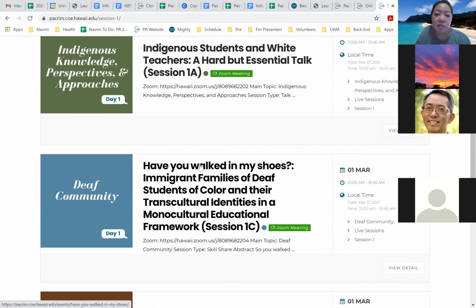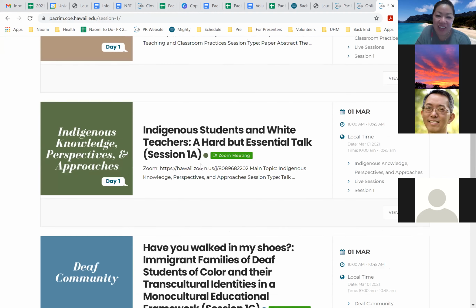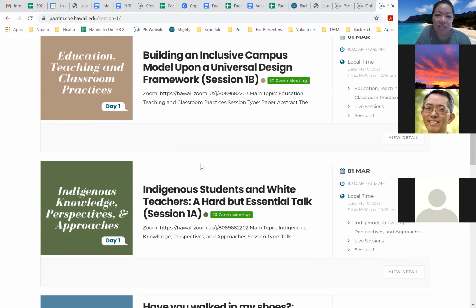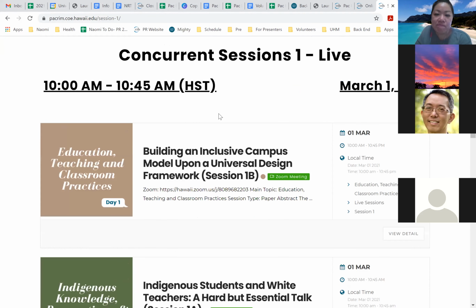Because they're happening at the same time, unless you have multiple devices, you're going to have to choose one. And we encourage you, since you are chairs and co-chairs, to attend as many as you can in your own topic area, just to welcome them, to show them support, help build community within yours. But of course, you're free to attend any session that you would like to.